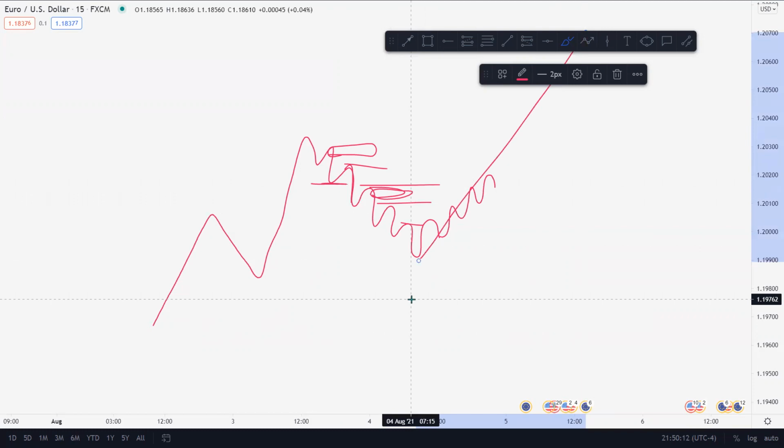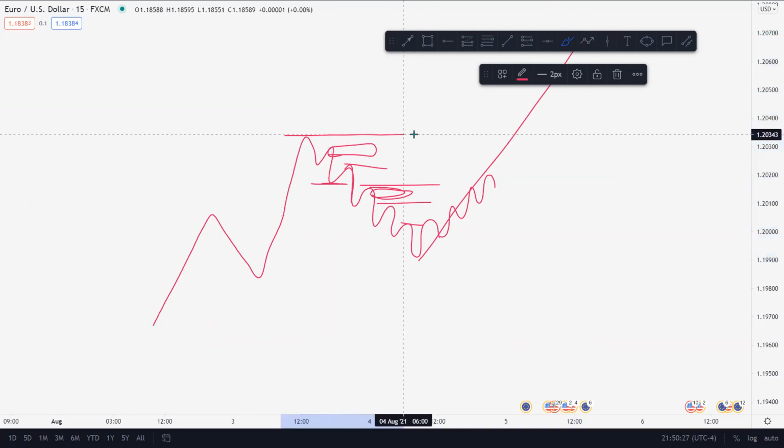That's why expansionary legs in the direction of the trend are so much more impulsive: because all these little intermediate swings are just liquidity. So they're just going to take them out. And this part up here, the new high relative to this high here, that's liquidity. It's external liquidity. It's going to get taken out in no time.